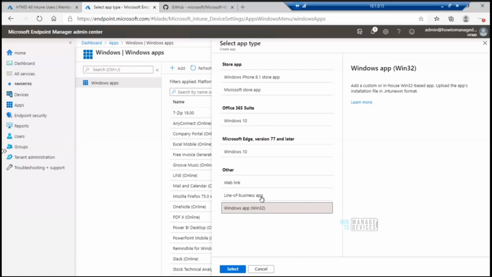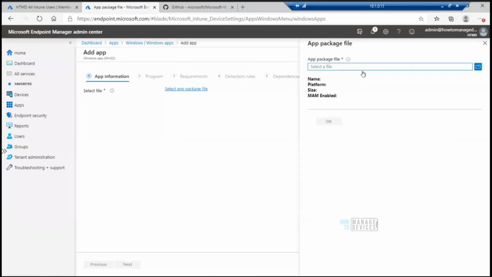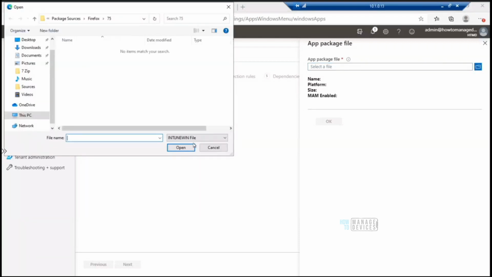Windows app (Win32) and select. So over here, what is supported? It is the Intune Win file. Intune Win file is the only format supported in this scenario. See, I can only upload an Intune Win file.